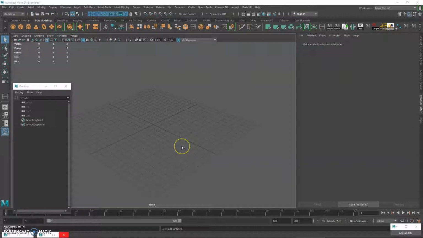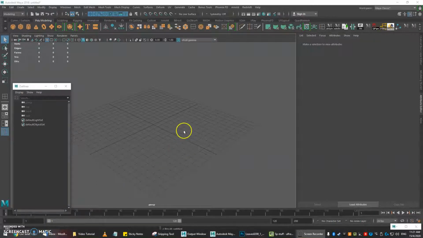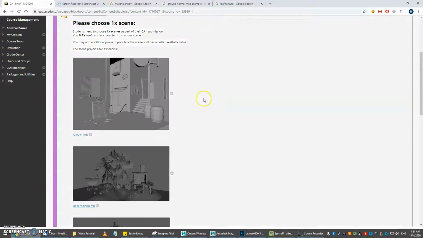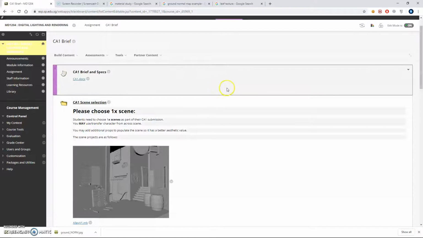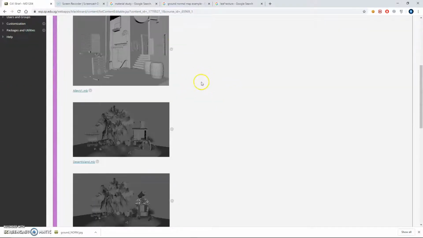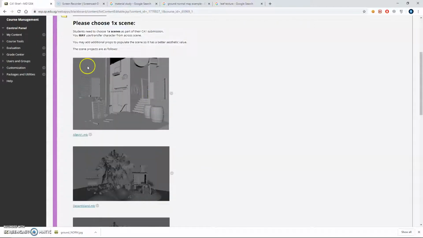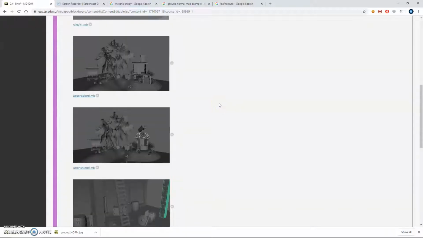Okay, so before we do displacement, we need to understand why we're even doing that. Again, this is what the example of the assignment looks like. So maybe I can apply a bit of displacement around this ground, or maybe the sand area, or maybe one of these brick walls. There are places where you can actually make the object surface more detailed as compared to just